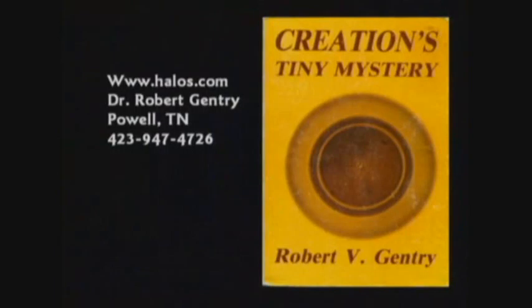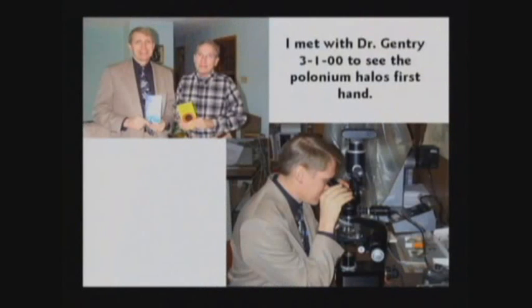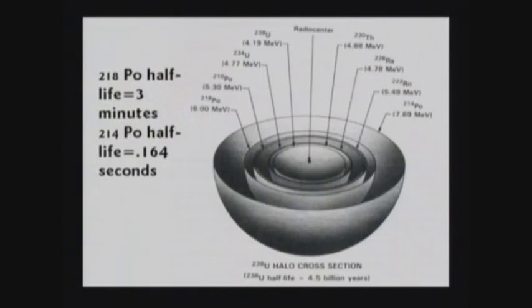Robert Gentry from Powell, Tennessee, near Knoxville, has done great research on radiopolonium halos. His website is halos.com if you want to get a hold of Robert Gentry. I've been to his house, seen his laboratory. It's amazing, the stuff he did on radiopolonium halos. He discovered in granites all over the world there are little tiny rings. You can't see them without a good microscope, but these rings are sort of like, the best